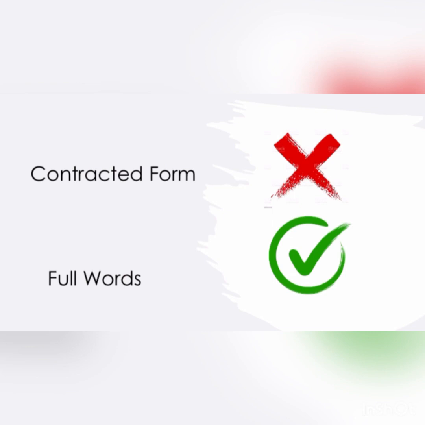Contracted forms. Instead of contracted forms, we can use full words. For example, instead of using don't, won't, shouldn't, we can use do not, will not, should not. So instead of using contracted or shortened forms, we can use the full form. When you are writing a serious paper or an article for a journal, you can't use contractions like don't, won't or shouldn't, but you can use do not, will not and should not.